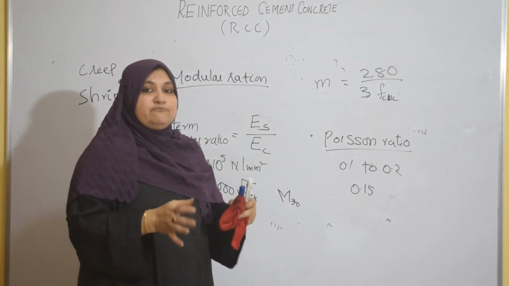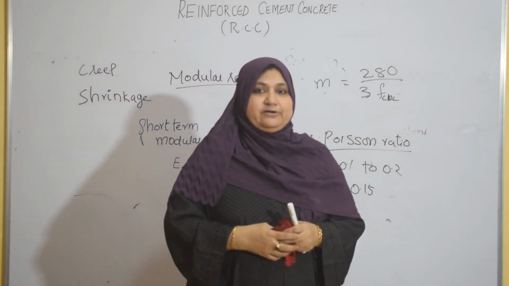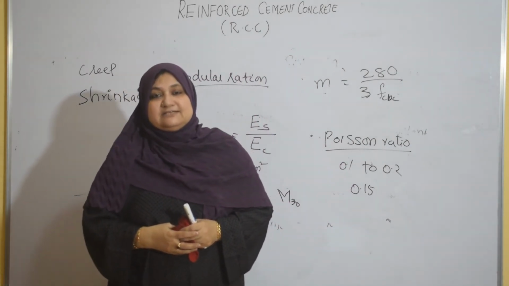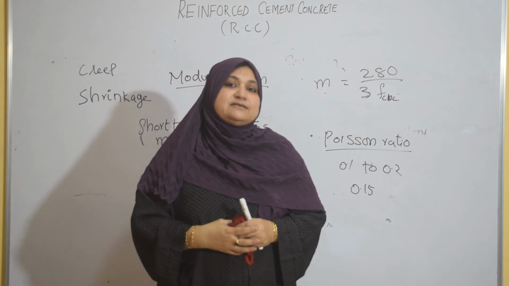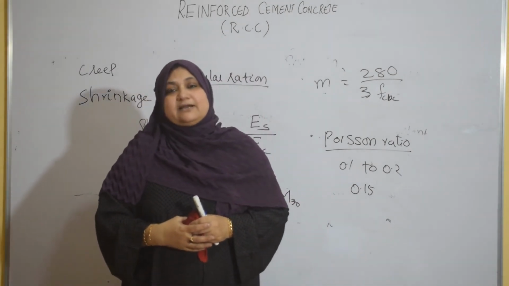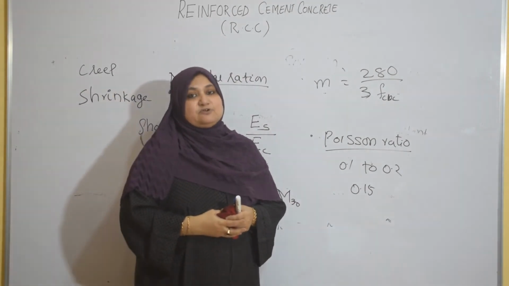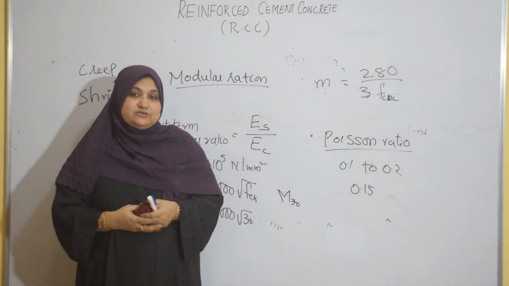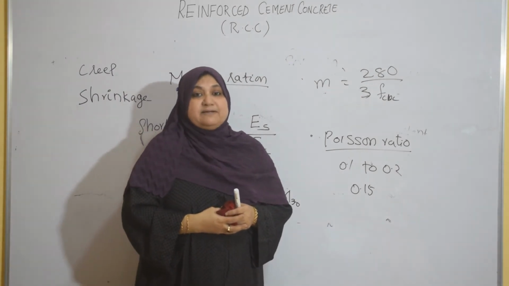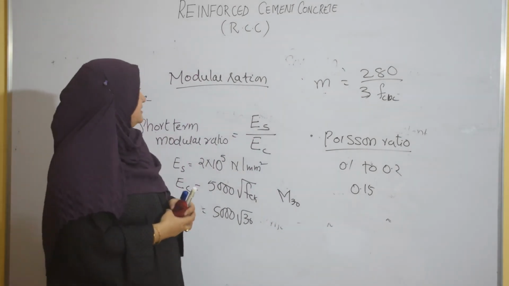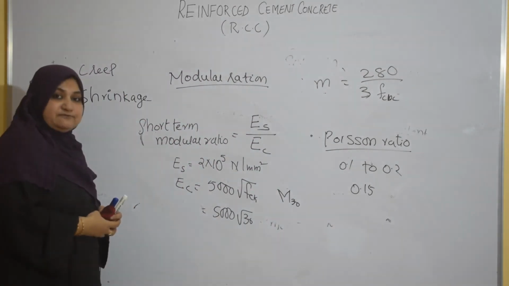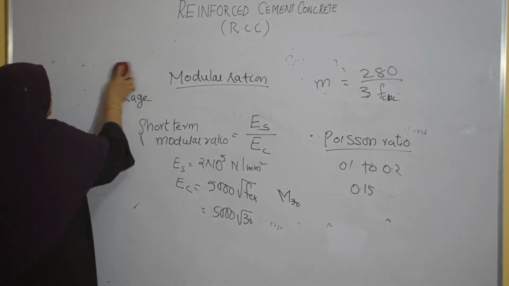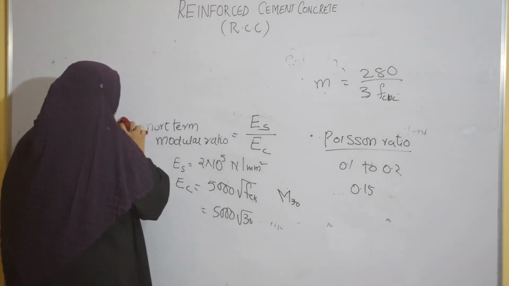This is all we have seen about cement and concrete. Our subject is RCC, so some information about steel is also required, because what we are discussing is the materials. We didn't discuss sand and coarse aggregate because they are naturally available materials. But cement is manufactured in industries. We have seen the properties of cement and concrete. Now let us discuss some information about steel also.